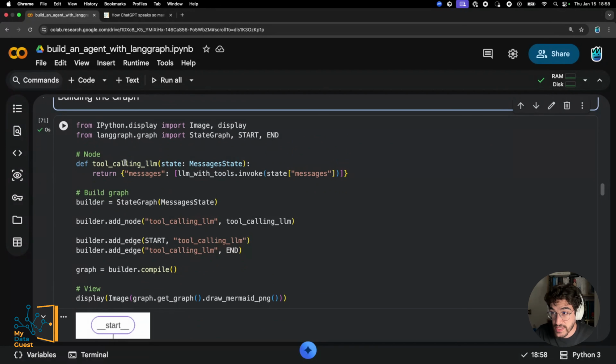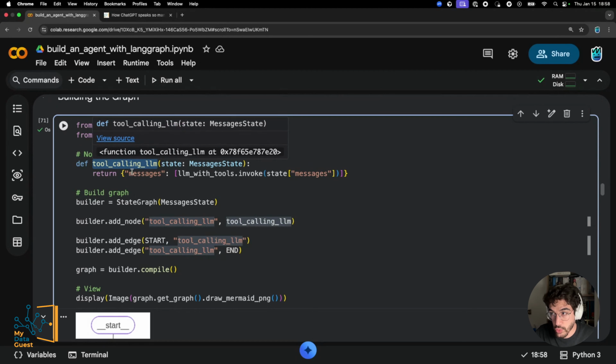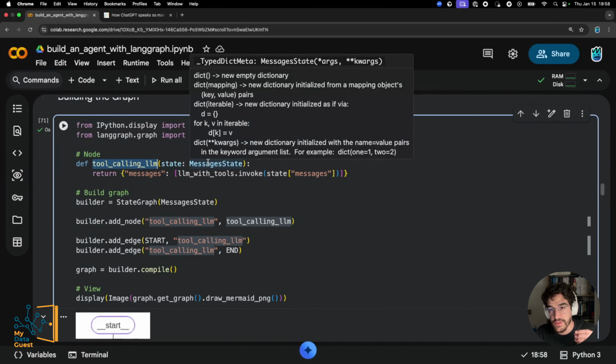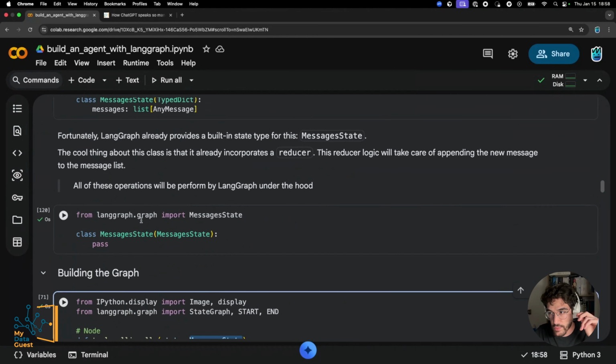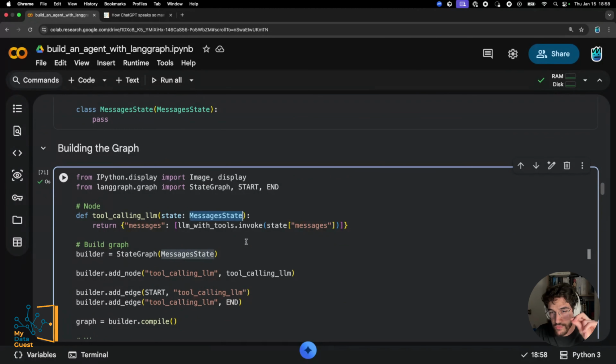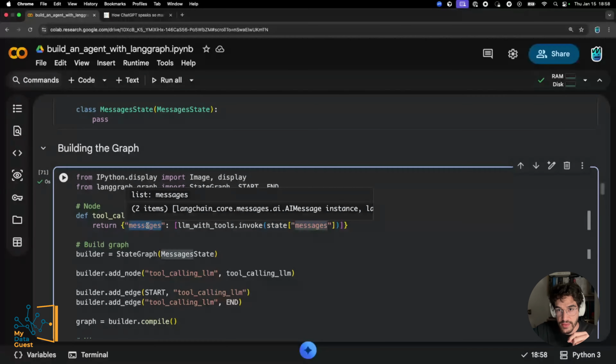So in here, I'm just defining one node, the tool calling LLM, which is receiving a state. Remember, every node receives a state and returns an updated state. So as a state, it is receiving this messages state, and this is the one that we define in here that contains a property for all the history of messages. So what we are doing is updating the messages property by just invoking our LLM with tools that we defined previously, all right? We are passing the current list of messages